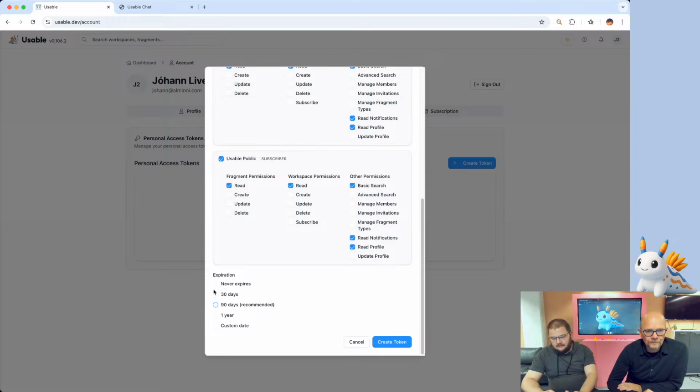Yep. And then again, you can pick expiration dates here. And importantly, you define these permissions now, but you can always go back in and amend it. And change the permissions. So if I press this create token button,